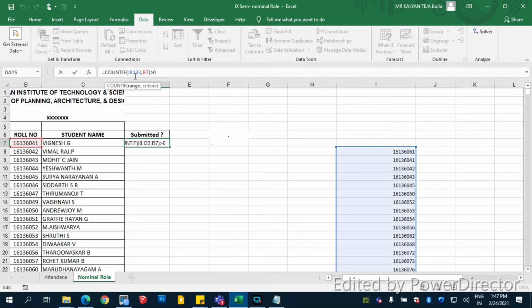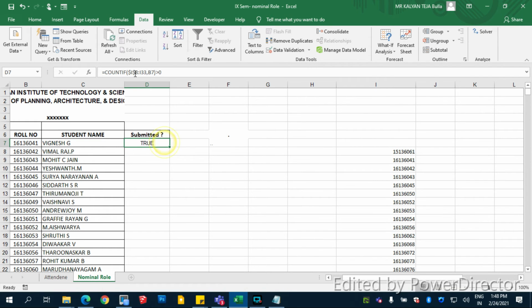This range is constant, so you press F4, enter. You press F4 so that when you drag in the next cell, these values will not change.